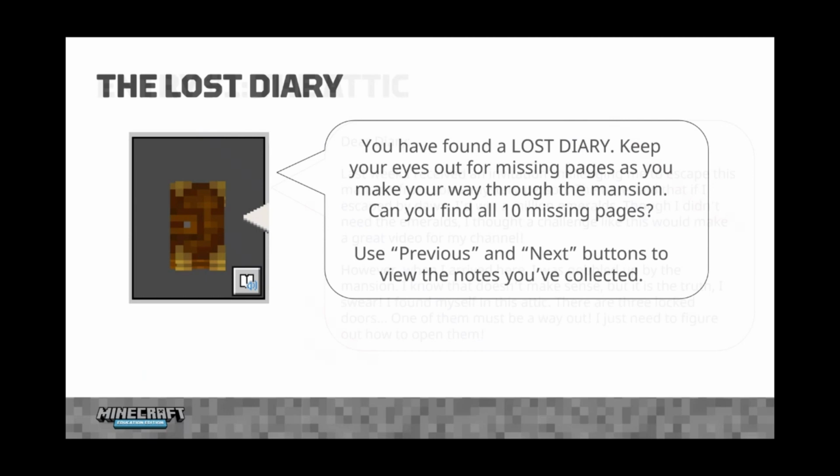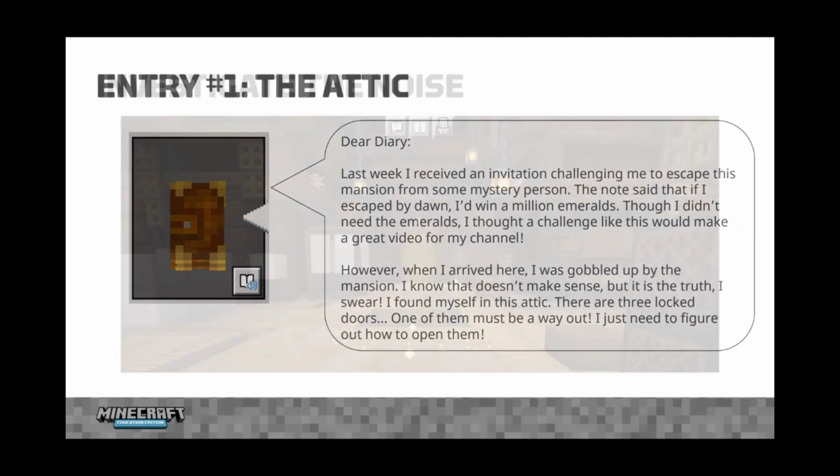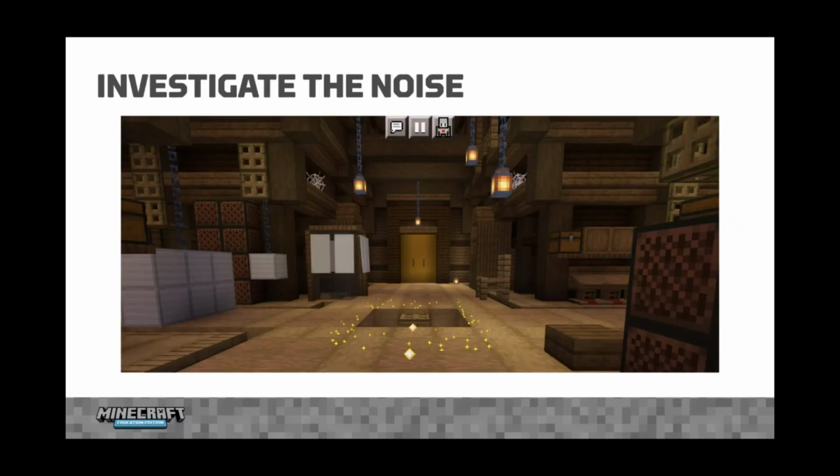Okay. So there's some text to read through and the note said, I'm going to win 1,000,000 emeralds, which is great. And there are 3 locked doors. I just need to figure out how to open them. So we've got to look around and remember we look for the gold particles. So just looking around, we can find the gold particles, and on the very first screen in the attic, you